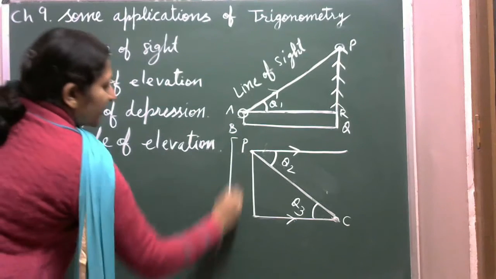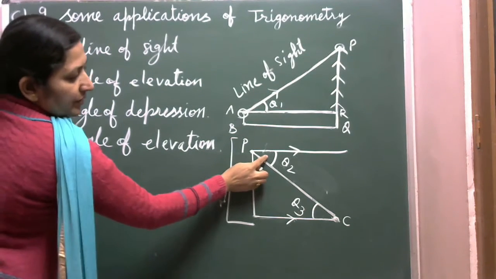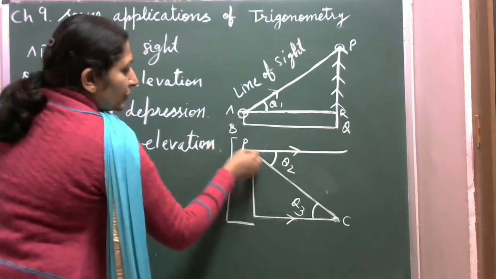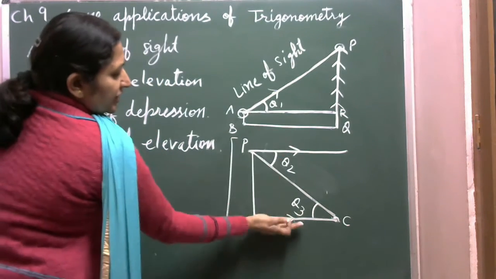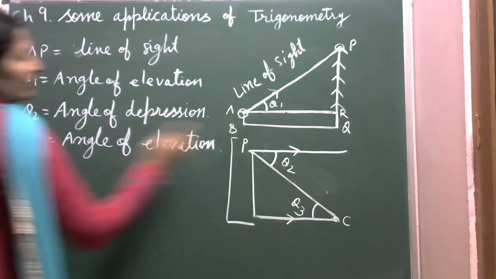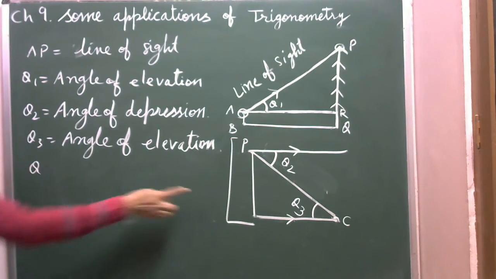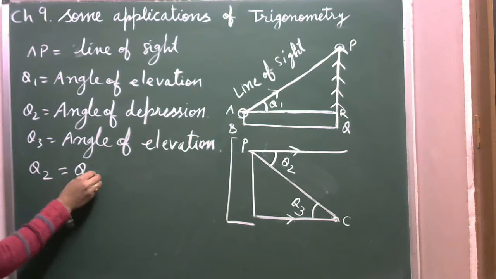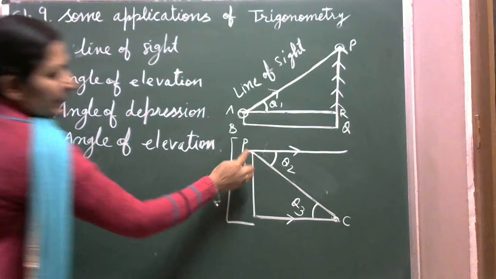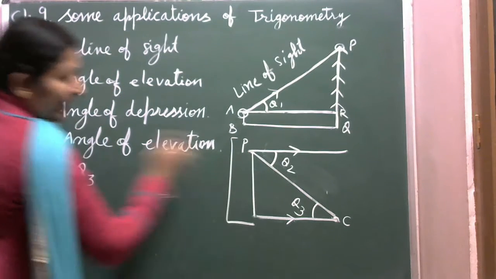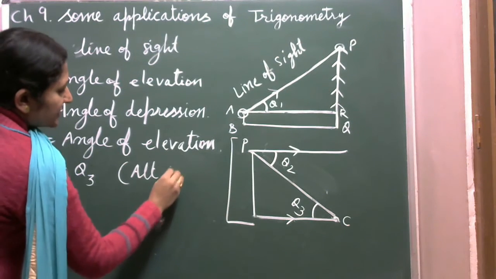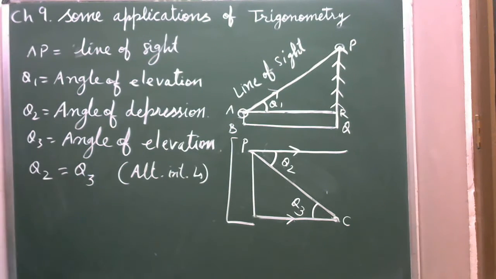Now in this figure you can see angle of depression is equal to angle of elevation. Why? Because these are two parallel lines, दोनों horizontal lines हैं, तो ये parallel lines हुई. If these are parallel, then these alternate angles will be equal. So in the second figure, θ2 is equal to θ3. Why? Horizontal lines हैं और इनके बीच के ये जो एंगल बन रहे हैं, alternate angles हैं. Clear? These are alternate interior angles made by the parallel lines.